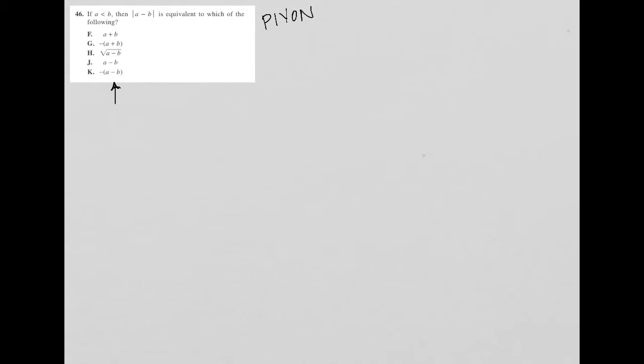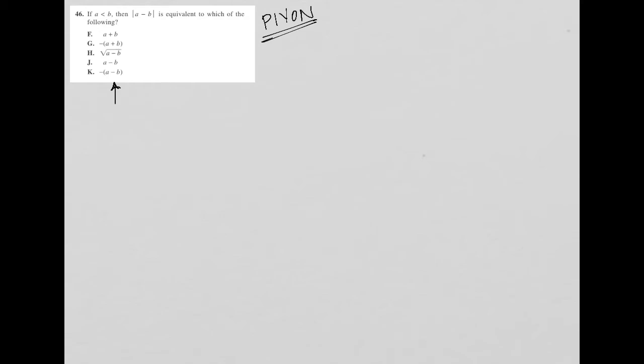So when you see variables in the answer choices, think, this strategy of plugging in your own number may be of use. So let's go through it and first of all, let's see if I'm right about the strategy. Let's read the question and let's see what we do need to do. Question 46 says, if A is less than B, then the absolute value A minus B is equivalent to